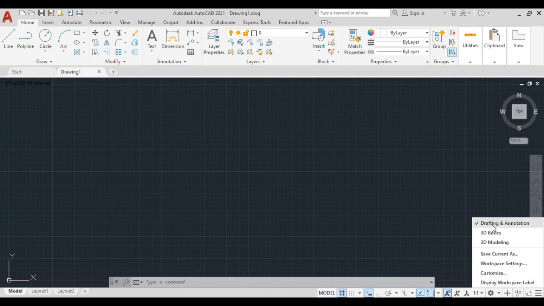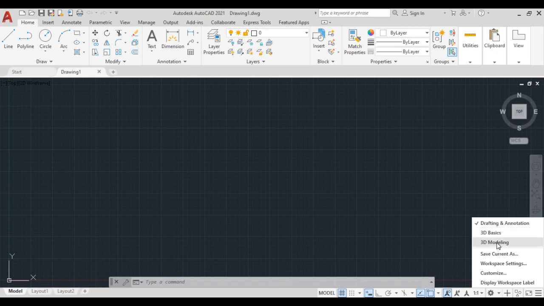here you can see the options drafting and annotation, 3D basics, and 3D modeling. If you want to draw a basic 3D drawing, you can choose that option, and if you want to work in 3D modeling, you can choose 3D modeling.